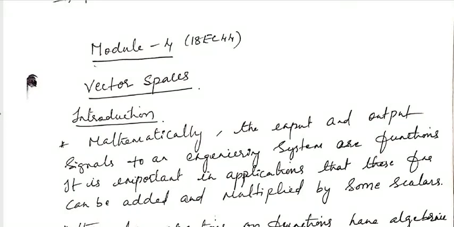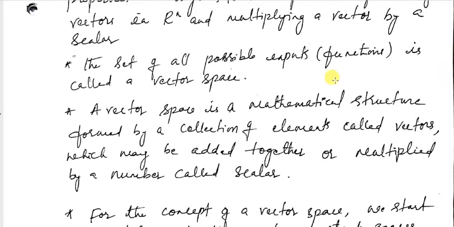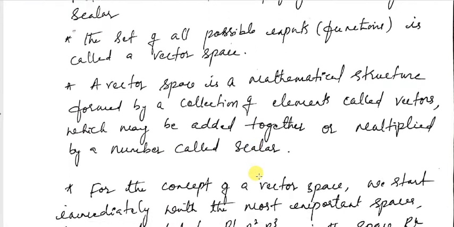Subspaces. A vector space is a mathematical structure formed by a collection of elements called vectors, which may be added together or multiplied by a number called a scalar. For the concept of